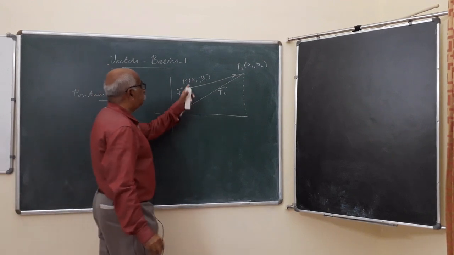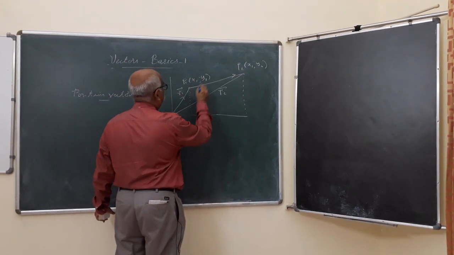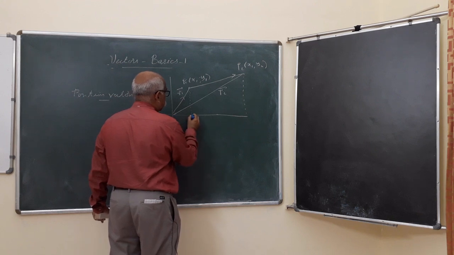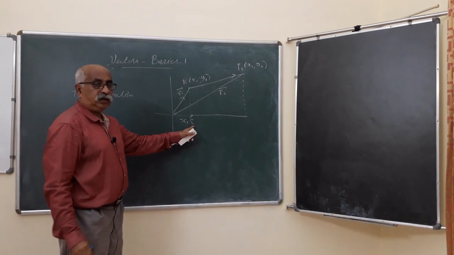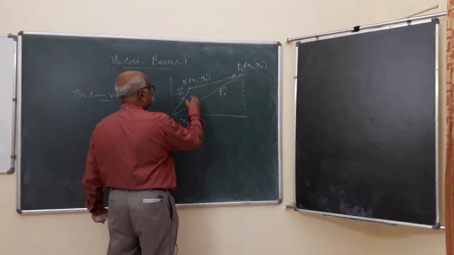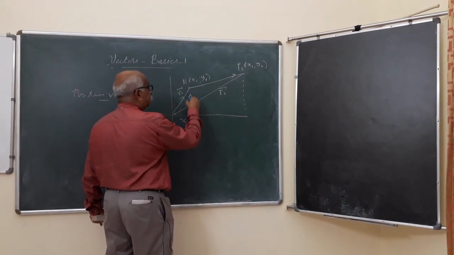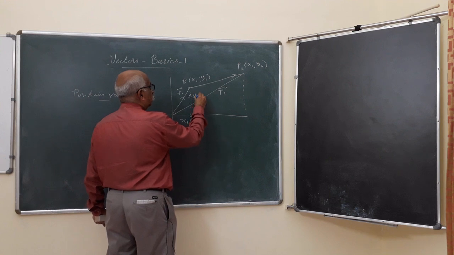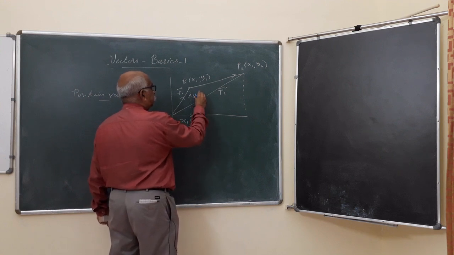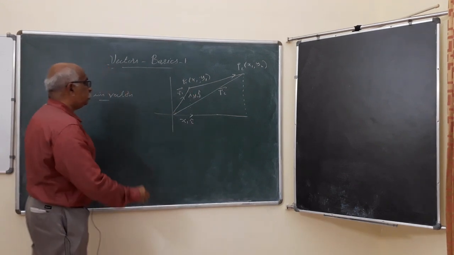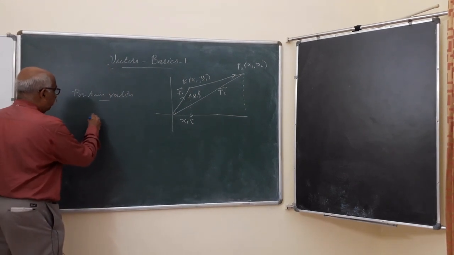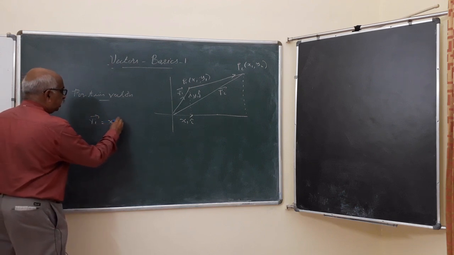The coordinates of these points are x1 and y1. Then what about this vector? This vector has a magnitude x1 and its direction is taken care of by the unit vector i. What about this vector? This vector has a magnitude y1. What about its direction? It is parallel to unit vector j. Therefore y1 j. Thus we can specify R1 vector as x1 i plus